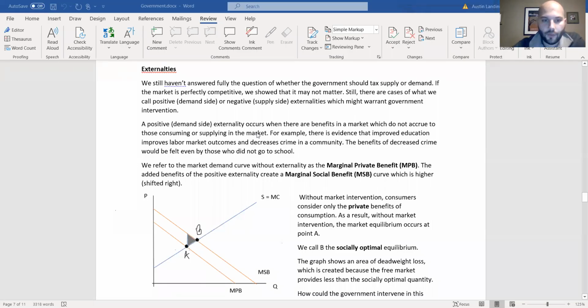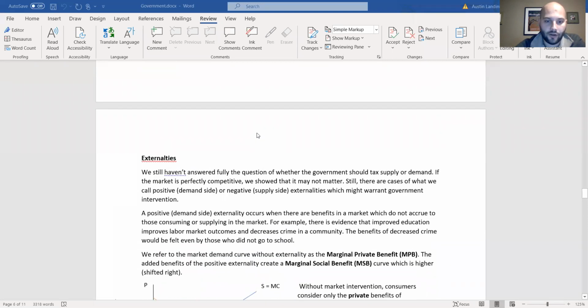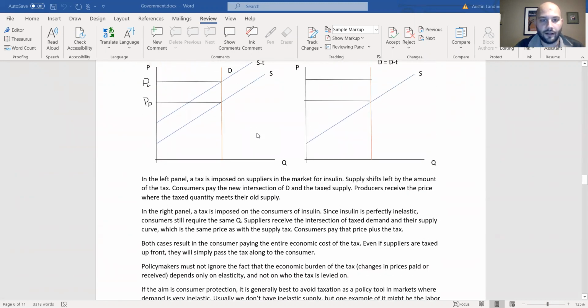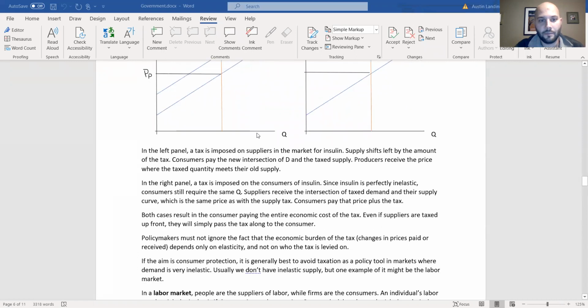In the previous video, we talked about what would happen in a market if the government implemented a tax on consumers or on producers. And we said that it doesn't matter which they choose. What matters is the elasticity. So one of the main takeaways is that government would not want to tax a market with perfectly inelastic demand or supply unless they were willing to see the group with the inelastic demand or supply bear the entire burden